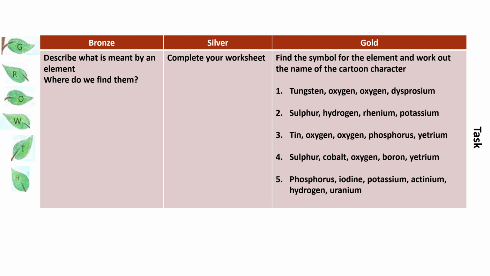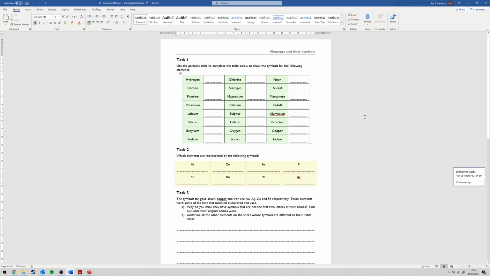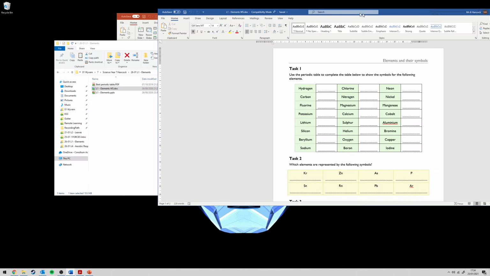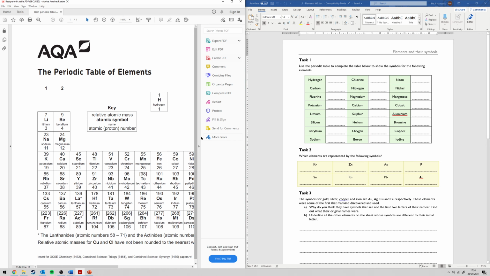Now, I'm going to tell you what you need to do. So here you've got a worksheet. I would like you to go through this. The answers are on this worksheet, so if you get stuck near the end, you'll find the answers. Use the periodic table to find the symbols for the following. So where's my periodic table? There it is. So you use this